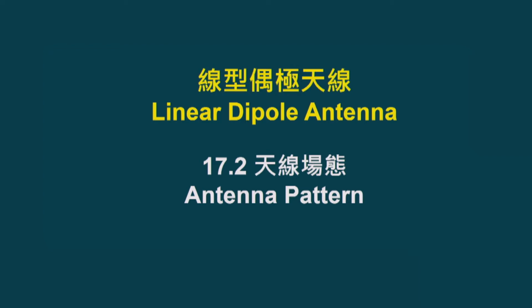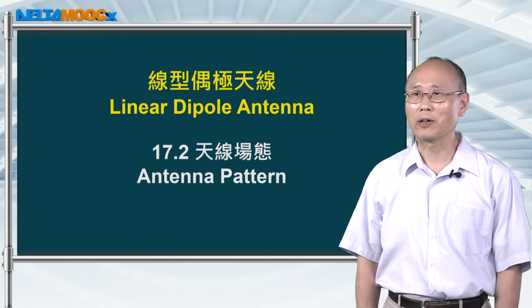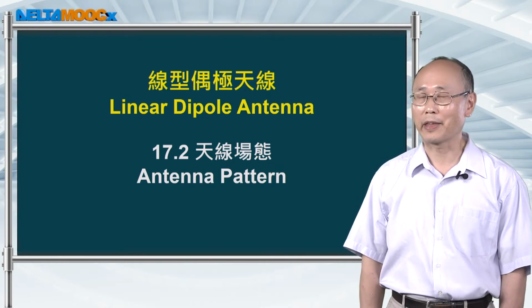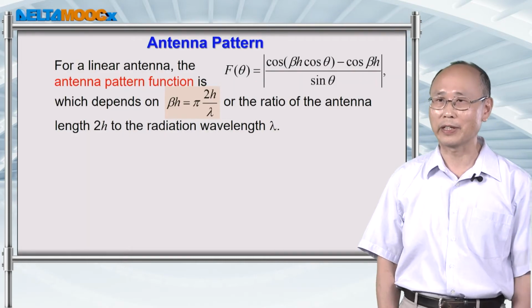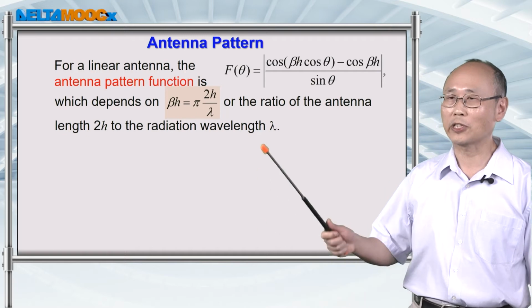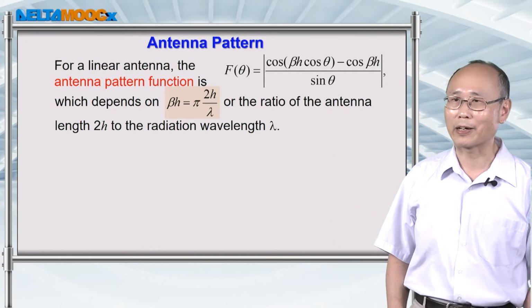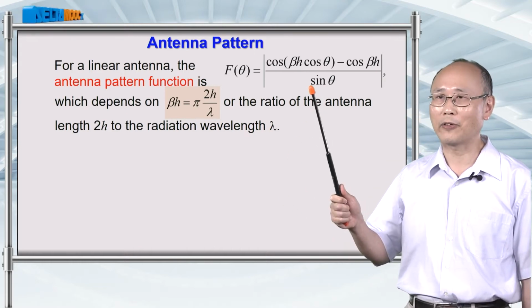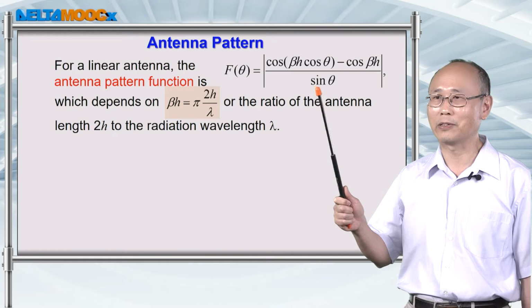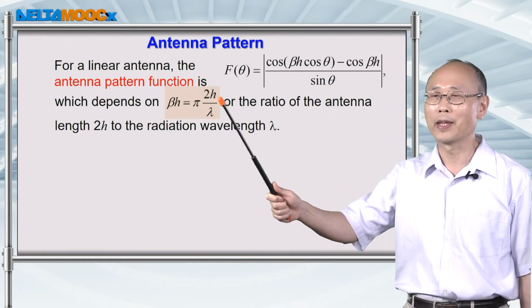In section 17.1, we have derived the far field of the linear dipole antenna. Now we want to use the formula and then start our discussion on antenna pattern of the linear dipole antenna. So let's just copy down the antenna pattern function we just derived in the last session. And you see that this function is now depending on the angle and also the ratio of the antenna length